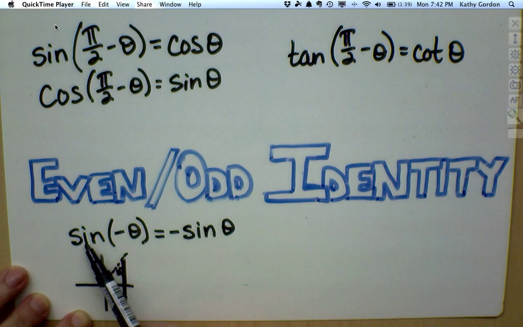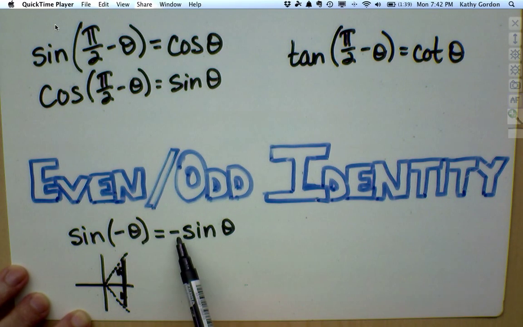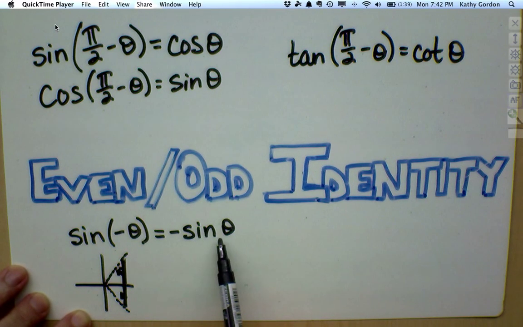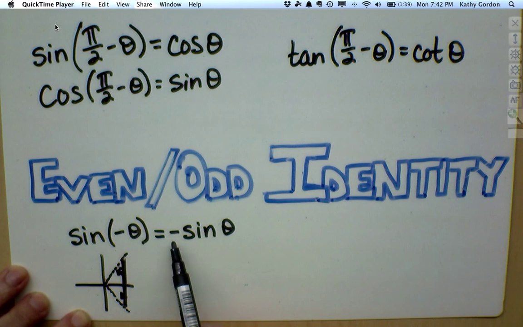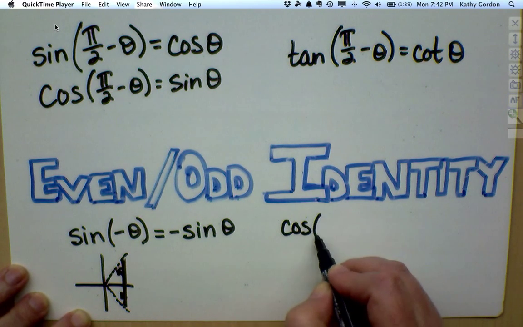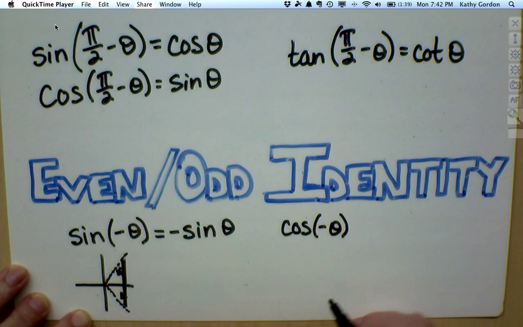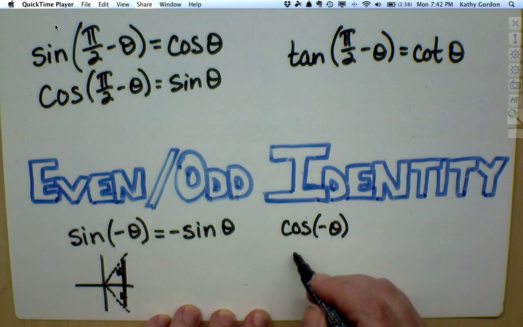Taking the sine of a negative theta is the same as having negative sine of theta. So this is telling us that if we have a negative on the inside of the sine function, we can take it to the outside and it will mean the same thing. Now, what about with cosine? What happens if I take cosine of negative theta? Well, if we go through the same logic,